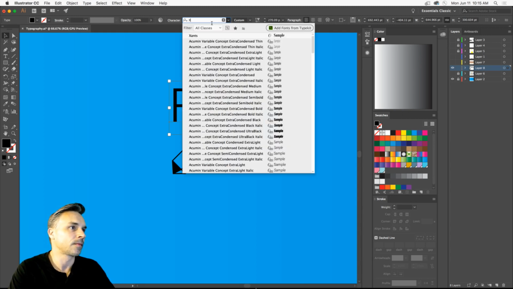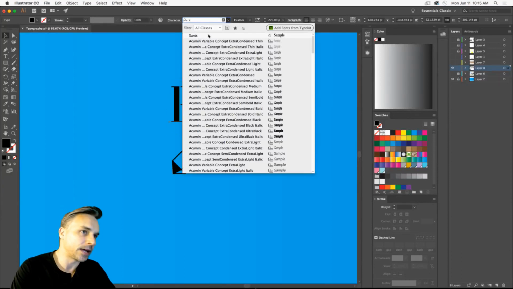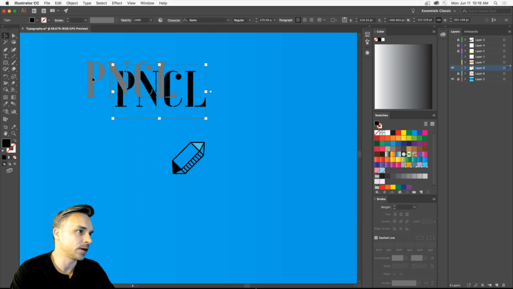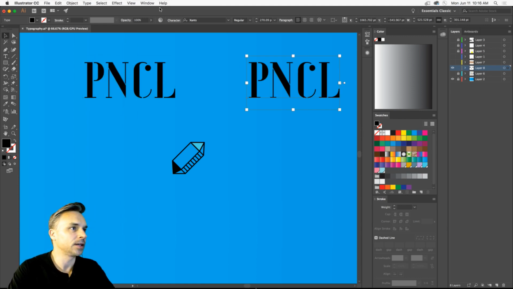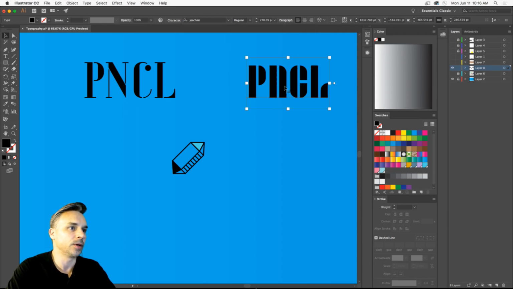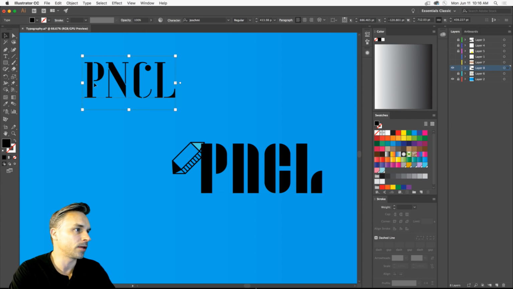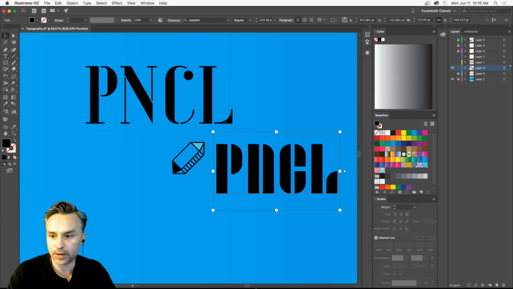Let's see if it's synced. There it is, Xanh. So I can use this Xanh font. I didn't even have to restart Illustrator or anything. This is Xanh and Joschmi. There's Joschmi right there. Boom. 2 fonts that I can work with for this project, right? I have these 2 fonts and I have about 1,000 others.